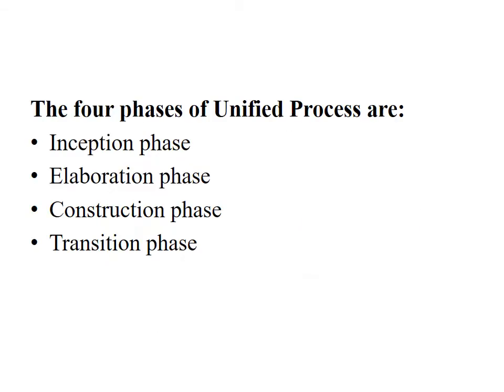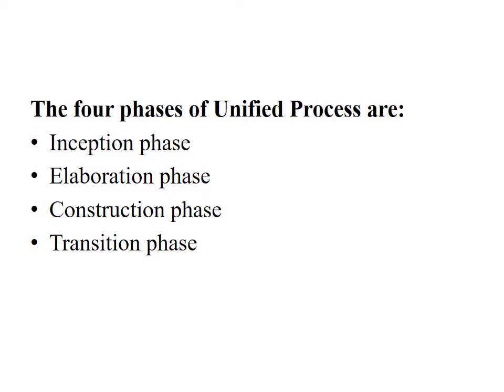Let us have the formal definition for unified process. So unified process is based on the enlargement and refinement of a system through multiple iterations with cyclic feedback and adaptation. The system is developed incrementally over time, iteration by iteration, and thus this approach is also known as iterative and incremental software development approach.